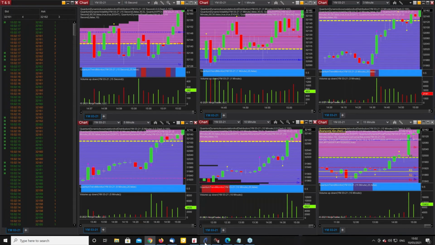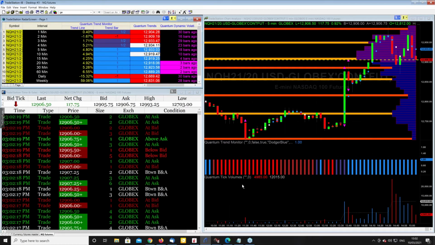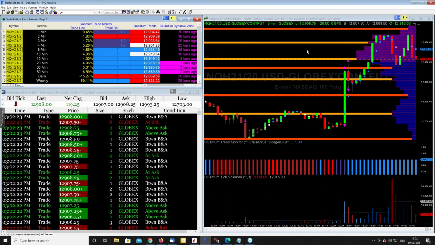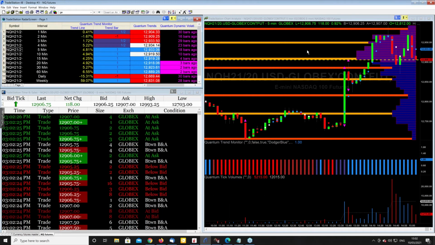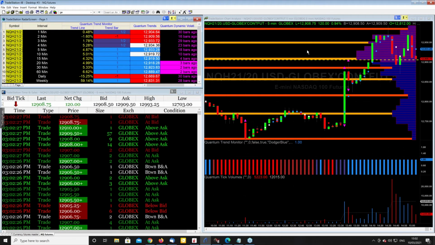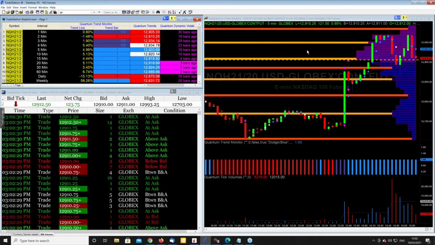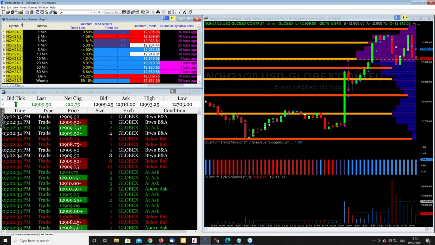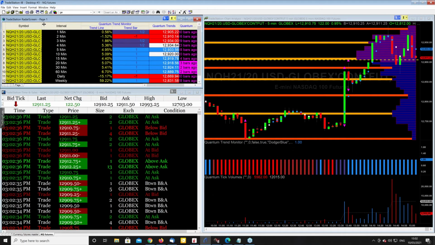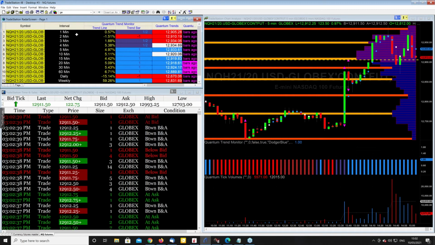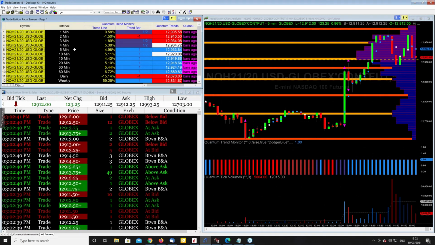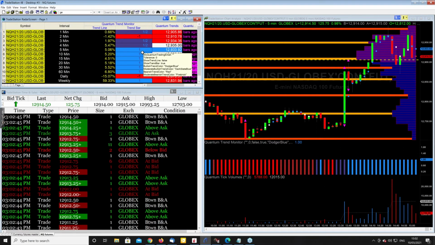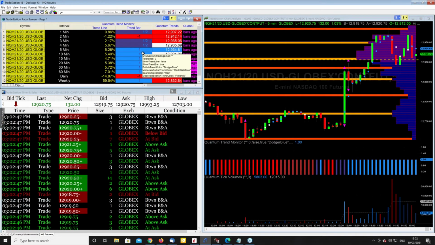What I've got over on TradeStation, just very quickly, this is the NQ. This again is on TradeStation 9.5. This is being driven by the Interactive Brokers account attached to it. So I can trade straight through this account if I want to, straight off the chart. I've got the NQ on multiple time frames. So I've got it 1, 2, 3, 4, 5, 10, 15, 20, right the way through to the dailies and the weeklies. Again, as I explained on the currency futures this morning, it gives you this wonderful perspective.